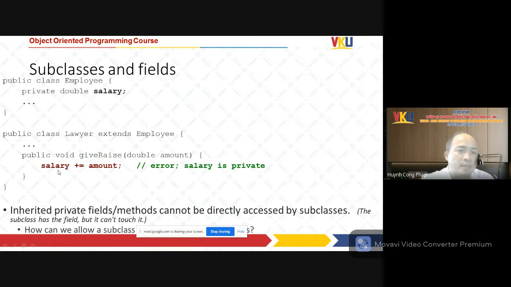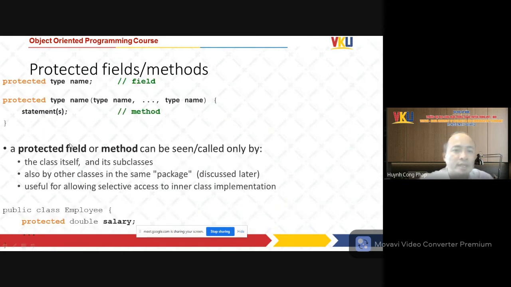It means that you access salary from outside of class Employee, so it doesn't allow. So we will get an error here because salary is private here. And that's the reason why we need to use a statement like get